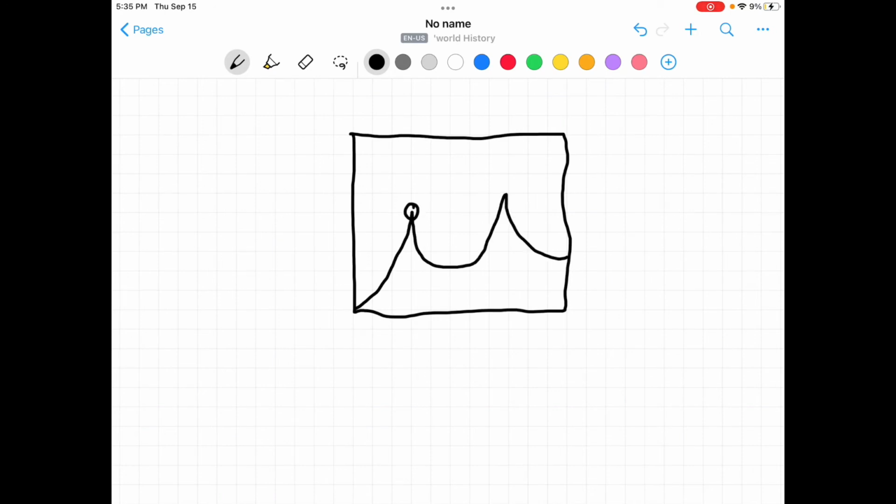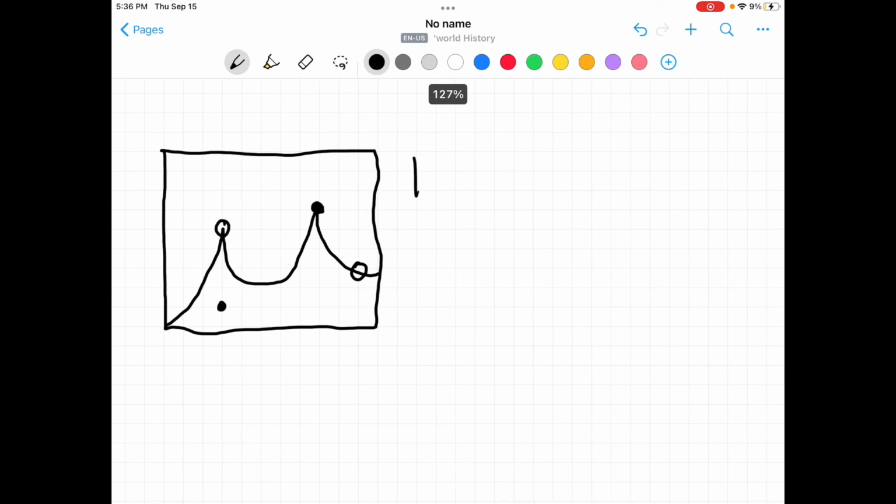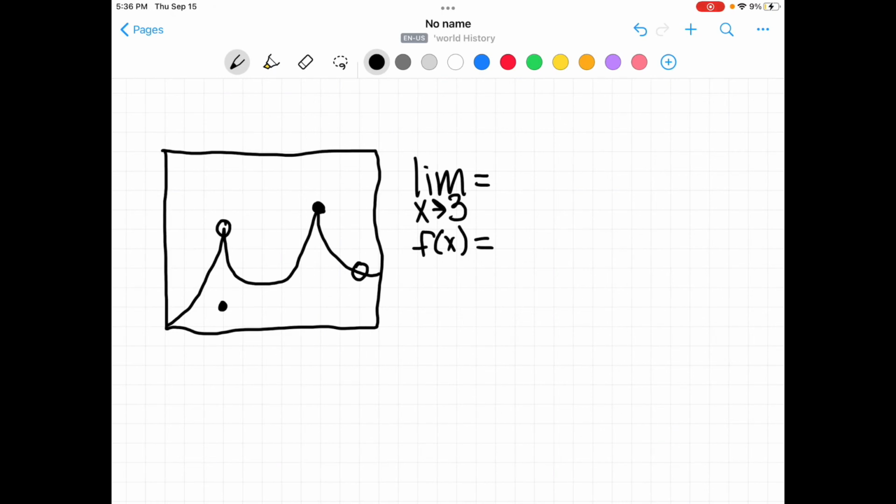Alright, so right now we're going to say, what is the limit as x approaches 3, what is f of x, and then what is the limit as x approaches, let's see, 1, 2, 3,